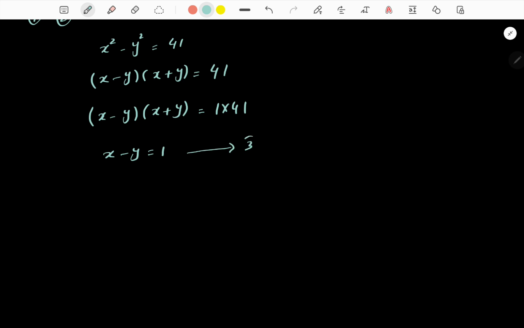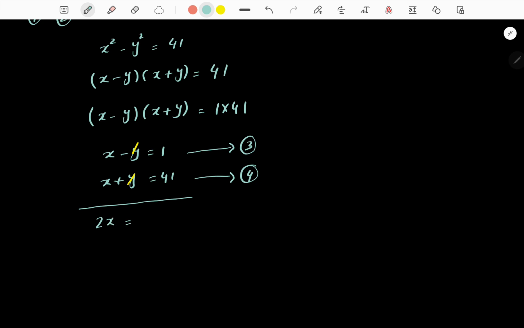Let's say this is equation number 3 and x plus y is equal to 41, which is equation number 4. If we add up these equations, then y will be cancelled out with y